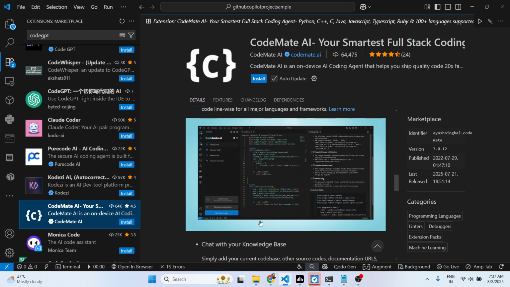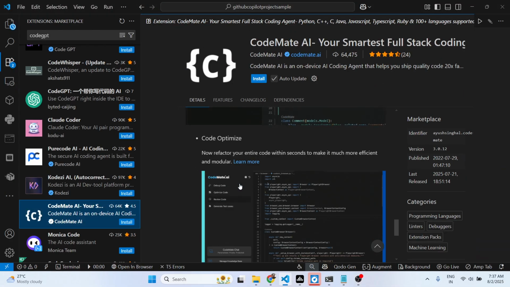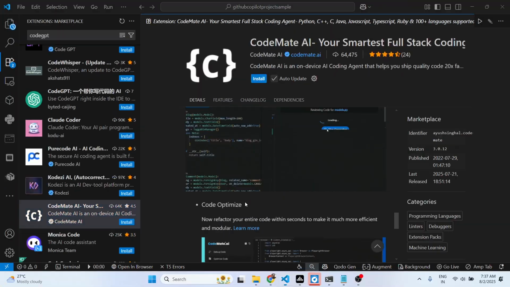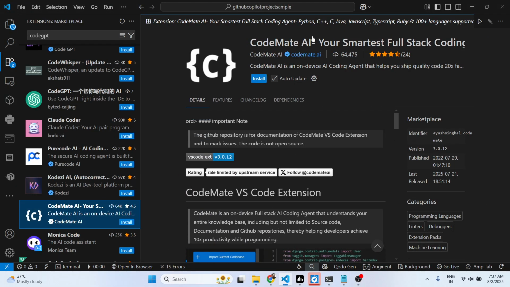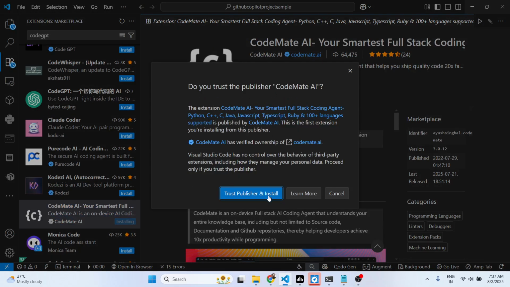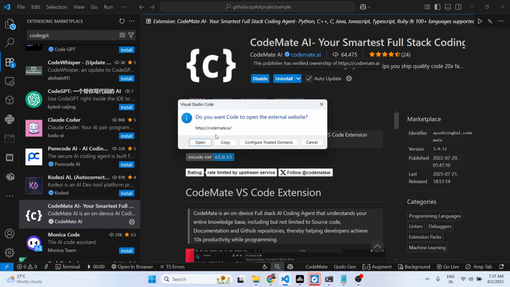It provides you with auto completions. You can actually ask any sort of questions in the chat prompt and it will generate the code for you. It can even optimize your code as well. It can even debug, review everything all in one extension. So it's completely free. Simply click the install button, and once you install this, they do offer their own official